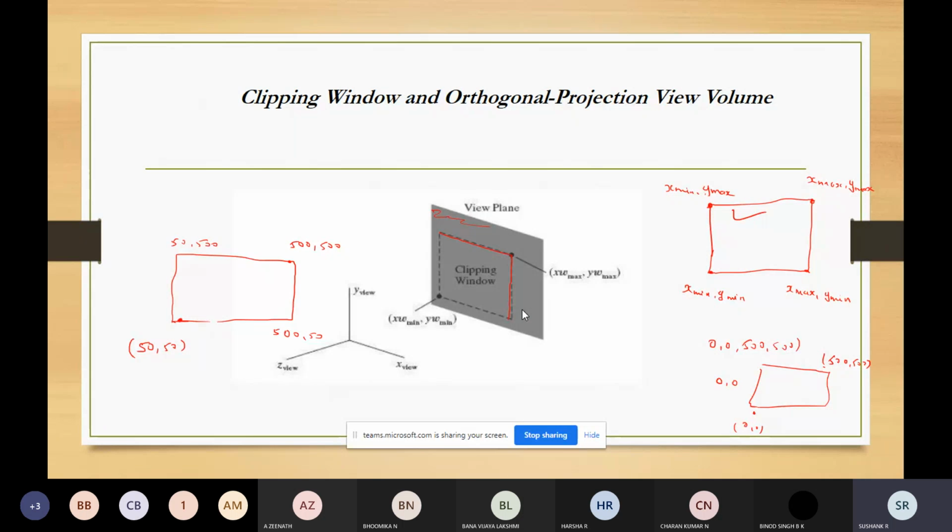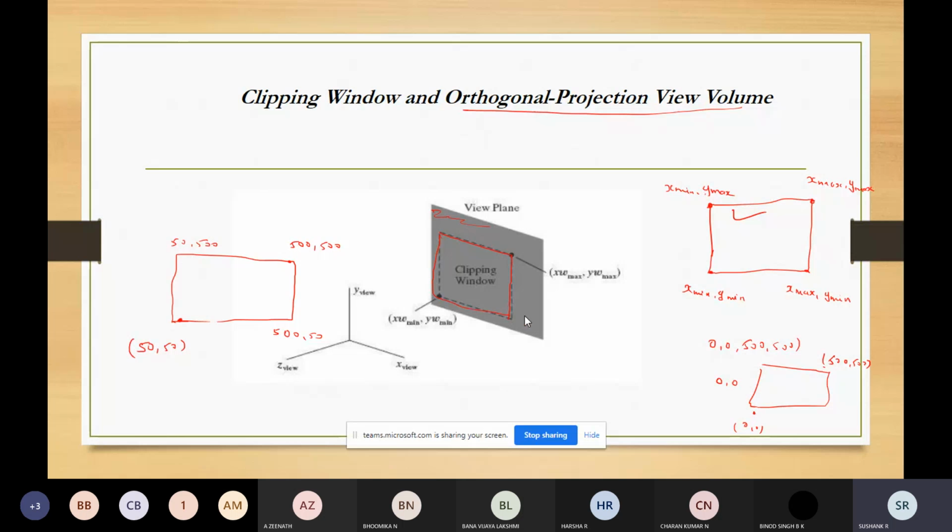These limits will be used to form the top, bottom, left and right side of the clipping region. So these x and y values can be used to get the boundary of the clipping region, which we will call the orthogonal projection view volume.